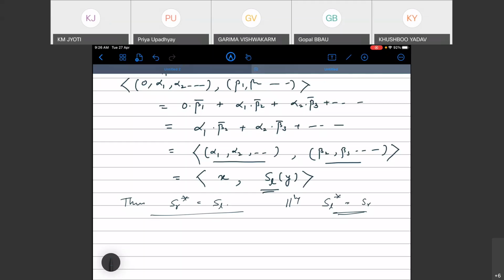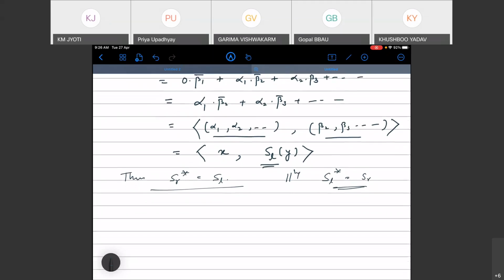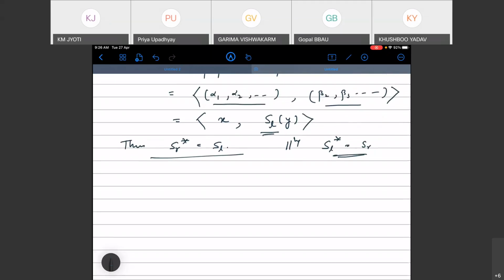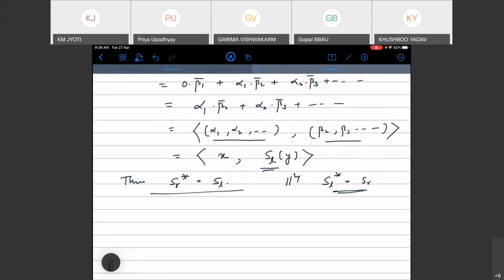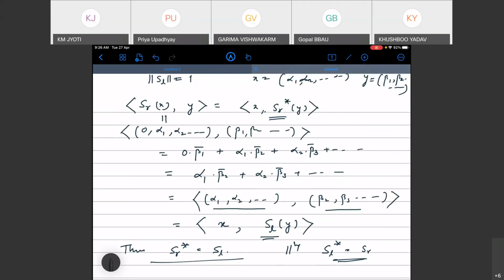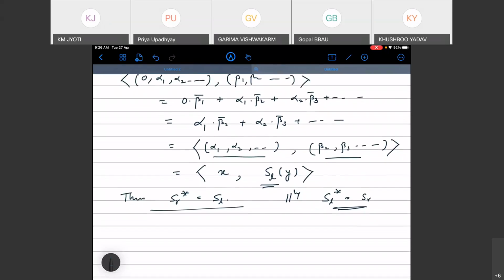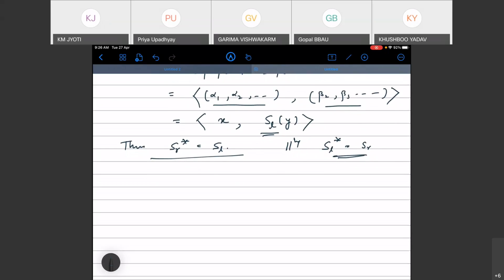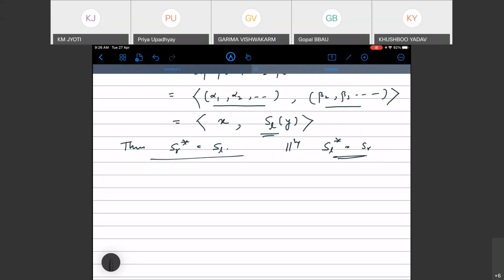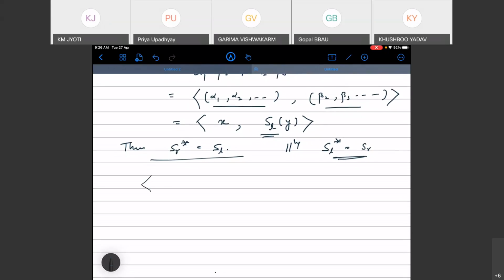Do you get this? SLX के साथ जैसे किया है, SRX के साथ वैसे ही। हाँ, सेम है। ठीक है।